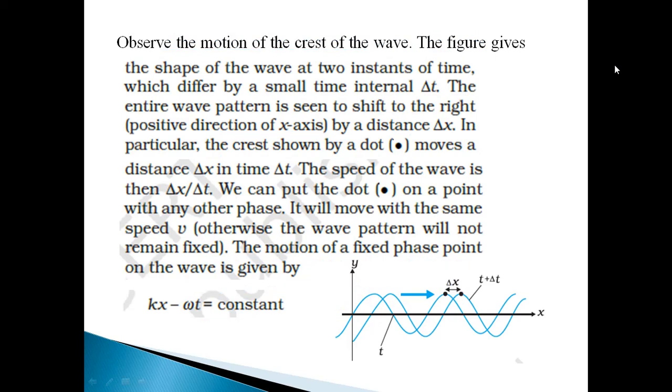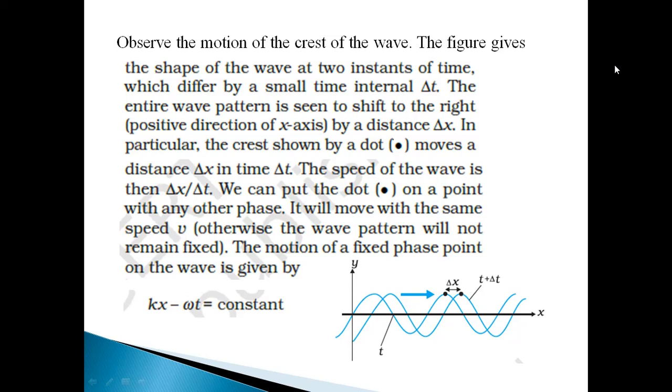So let us observe the motion of the crest of the wave once again. The figure below gives the shape of the wave at two different instants of time, at a time t and at another time t plus delta t. So there is a small time interval of delta t between the two wave patterns. And the entire wave pattern is seen to shift towards the right, that is the positive direction of x-axis, by